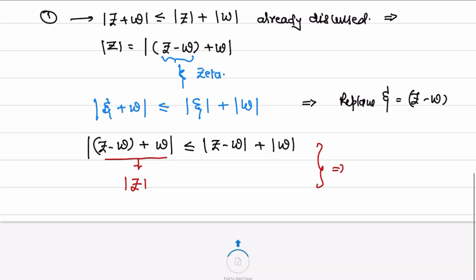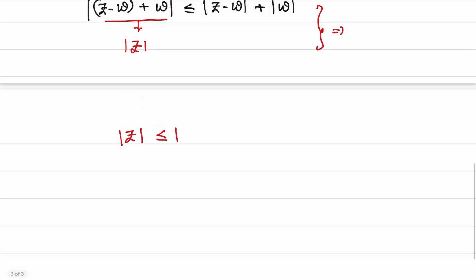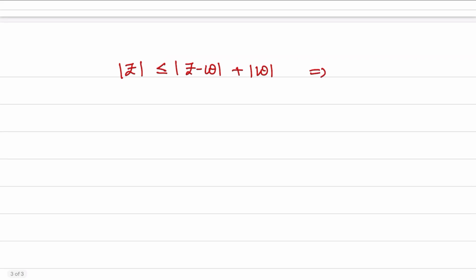This implies modulus of z is less than or equal to modulus of z minus w plus modulus of w. That implies when you take w to the other hand side, on the left hand side we will get modulus of z minus modulus of w is less than or equal to modulus of z minus w,